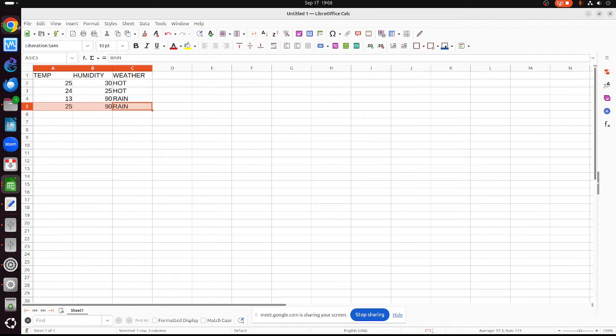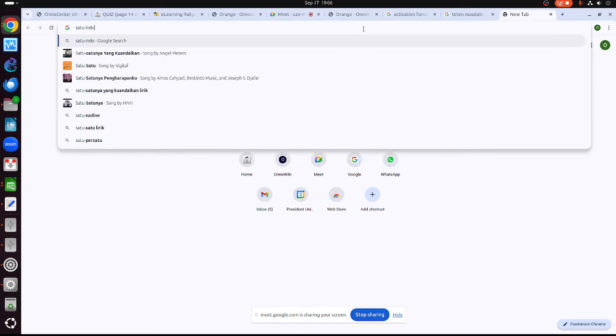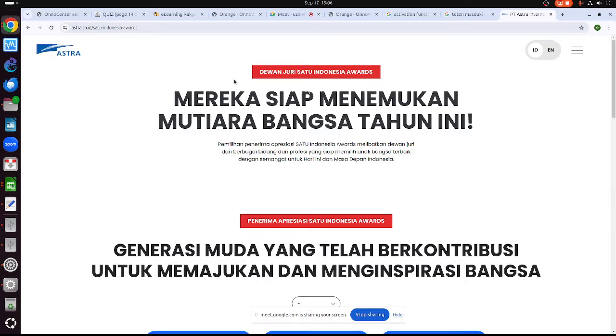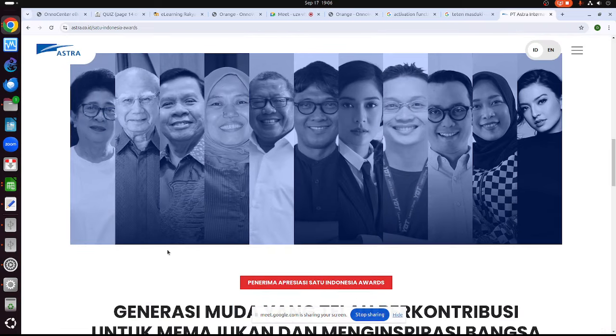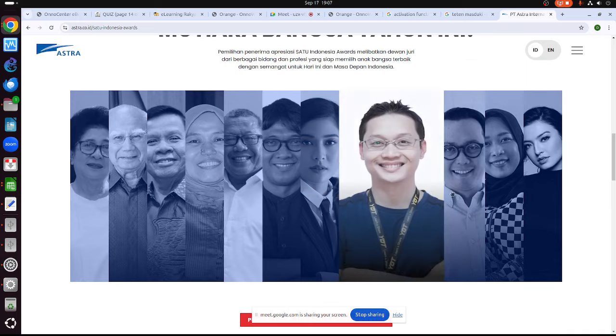Okay, let me give you another example. This one is the Satu Indonesia Award, which is supported by Astra International. So this is the jury. Most of the jury will take very safe marking. For example, if this guy is bad, sometimes I give 7. If this guy is good, I give 9. So most of the jury will give that kind of number, except